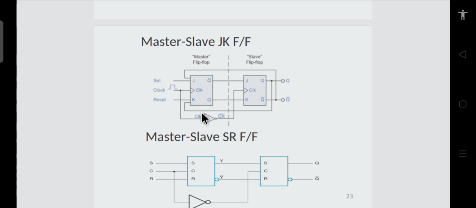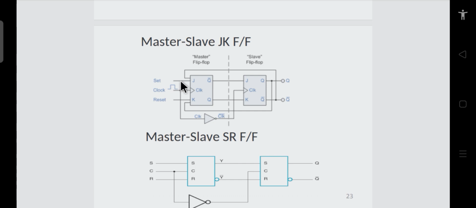And to do that, we put an inverter in between the clock. So if we apply a 1 here, then the slave gets the inverted clock here. If this input is 1, then the input at the clock of the slave will become 0 at that instant, and because of that, this particular master will get activated when clock pulse is equal to 1, but slave will be deactivated. Slave will not remain active. Whereas when the clock pulse becomes 0, at that time master gets deactivated, whereas the slave gets activated.